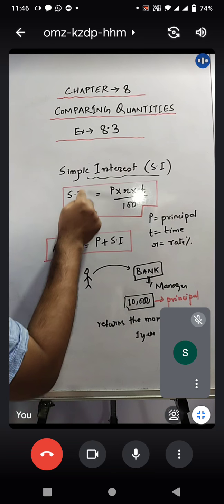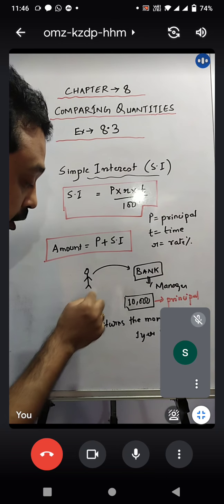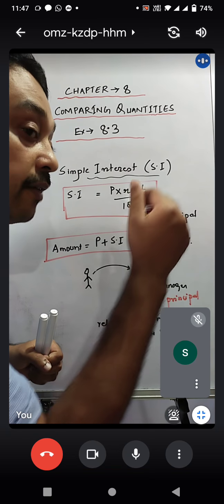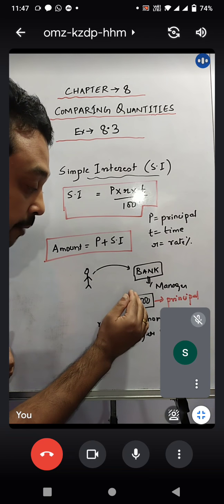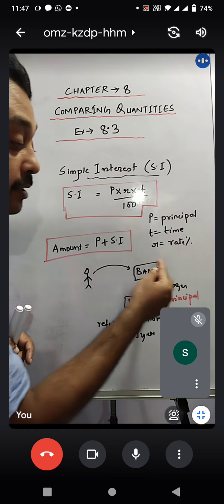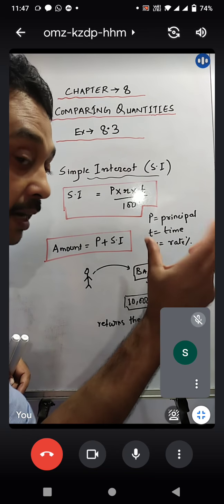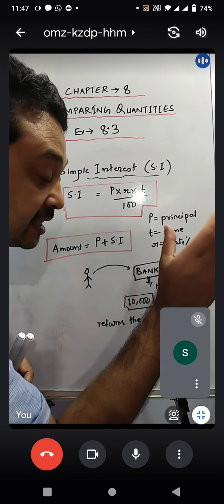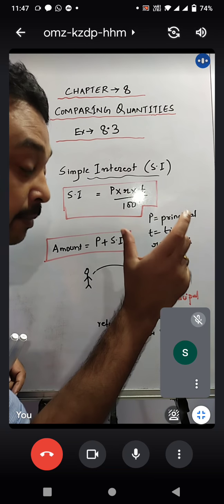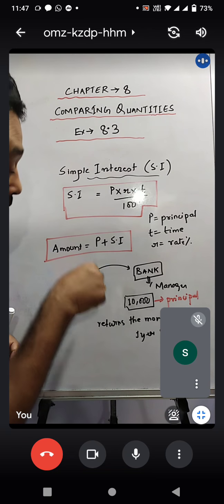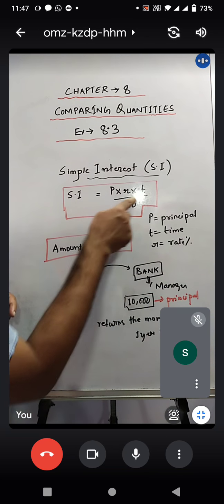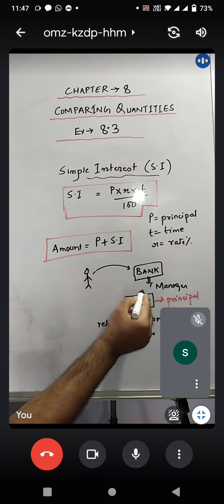So this interest is called simple interest. Now this person finds out what rate of interest he has to give to the bank. Definitely he will return this 10,000 rupees to the bank manager, but along with this 10,000, some extra money he also has to pay to the bank. What is that extra money? That extra money is the profit of a bank, which they earn when they give a loan to somebody. So that extra money is called interest. Now this person will calculate what extra money he has to pay with this particular formula. If I calculate this, principal is 10,000.